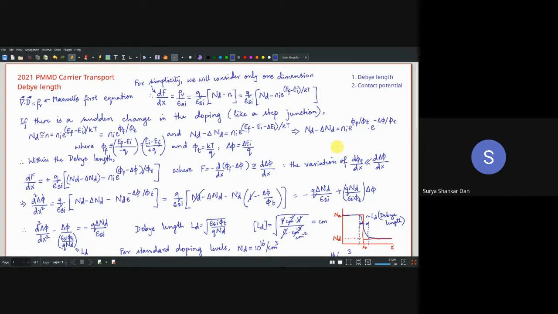Has anybody of you heard the concept of Debye length before? It would be great if you know it. Hello, anyone? Because in ICFT, they have taught you Debye length. It's a very, very crucial term in modern technology. Yes, this is very important. It has to be in modern technology. We will understand why.